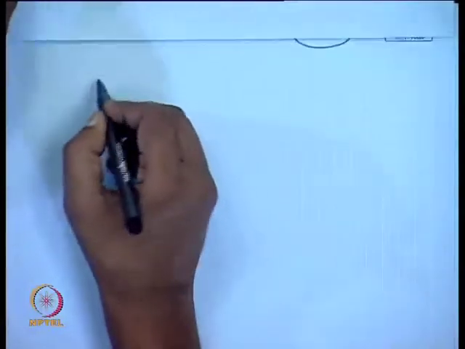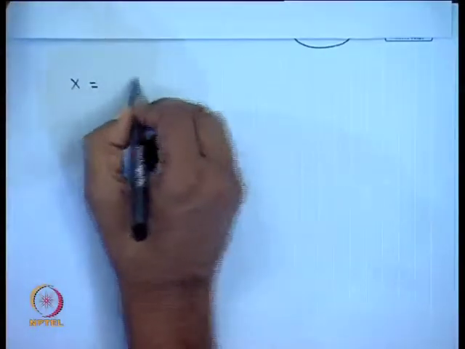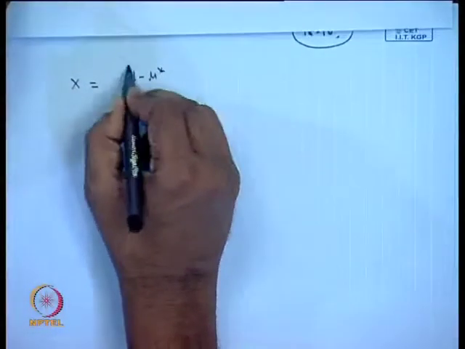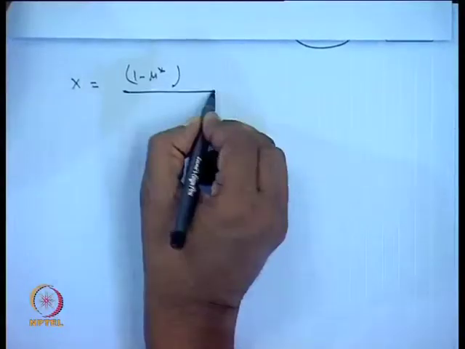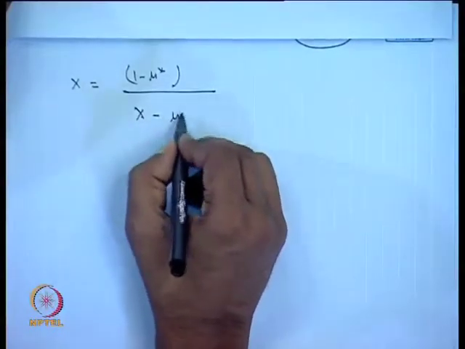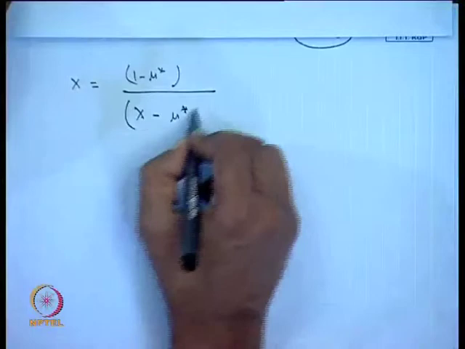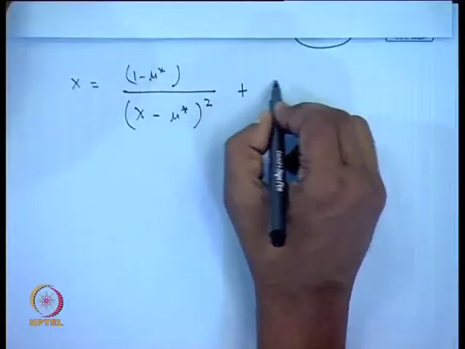So, in this equation the left hand side is X equals 1 minus mu star divided by X minus mu star square plus